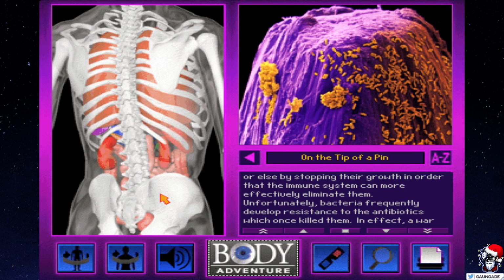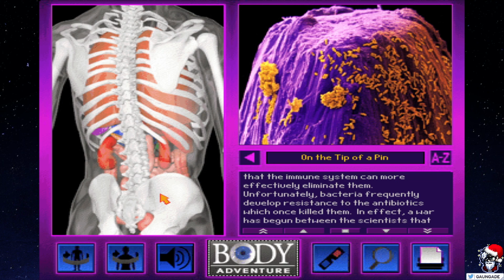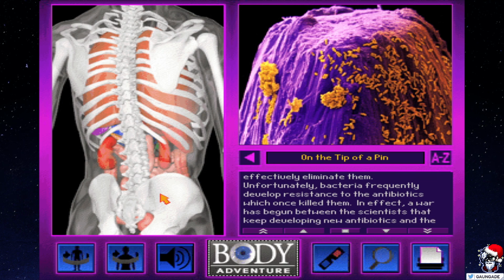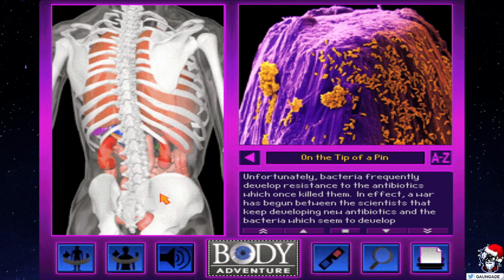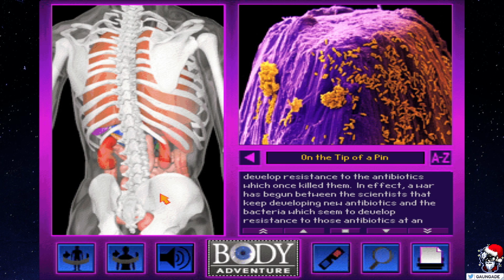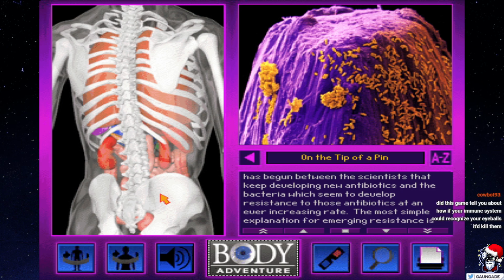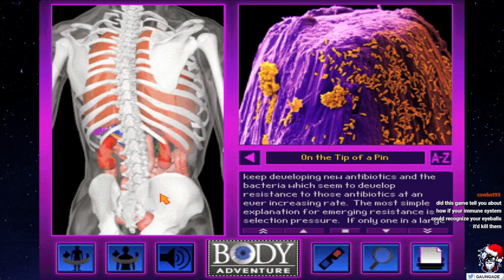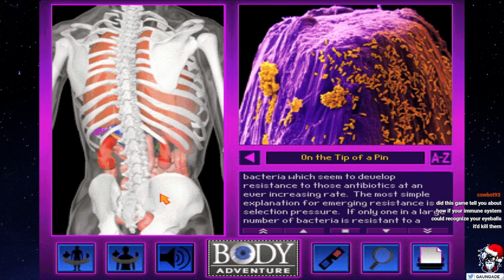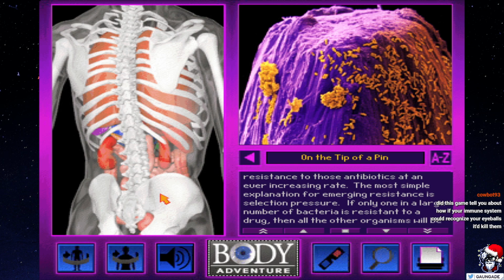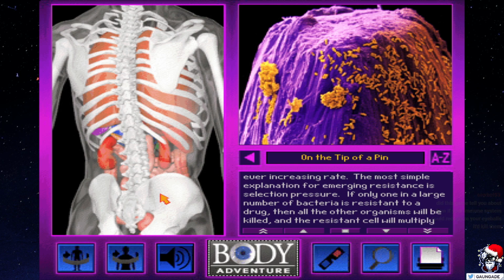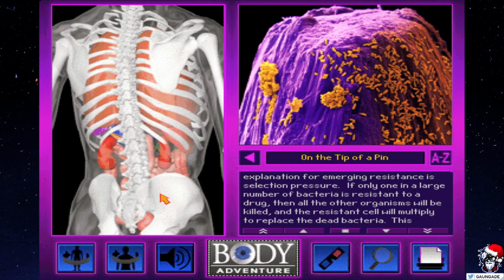Unfortunately, bacteria frequently develop resistance to the antibiotics which once killed them. In effect, a war has begun between the scientists that keep developing new antibiotics and the bacteria which seem to develop resistance to those antibiotics at an ever-increasing rate. The most simple explanation for emerging resistance is selection pressure. If only one in a large number of bacteria is resistant to a drug,